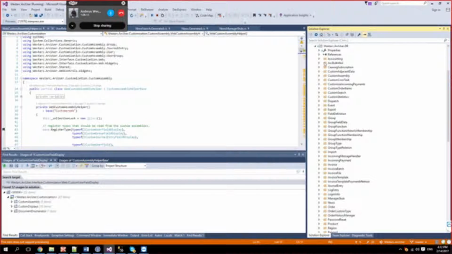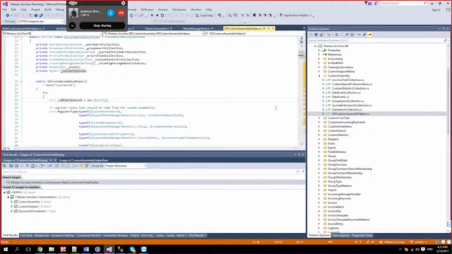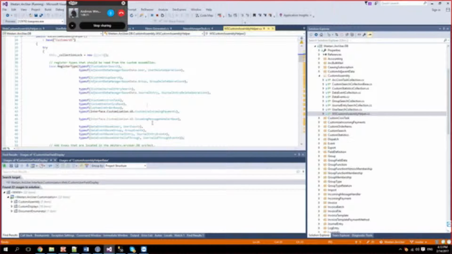Let's see if I answer your question here. Custom assembly data, we've got custom assembly, and we've got WS custom assembly helper. So this is the back end side of things.